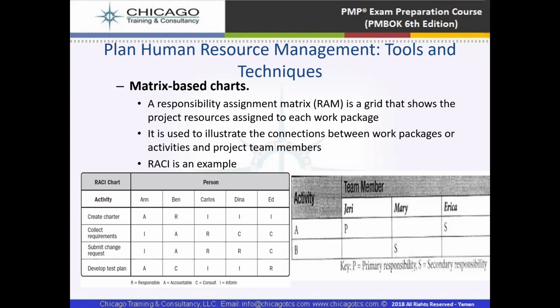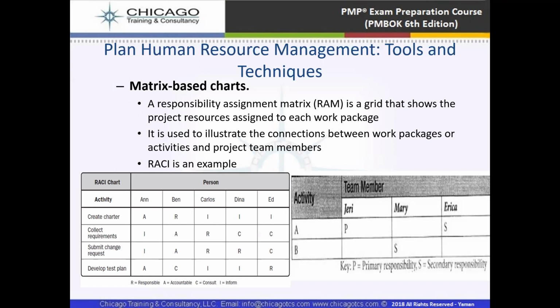But for Erika, activity A is a secondary responsibility. So this matrix based chart will identify the resources assigned to each work package or each activity,